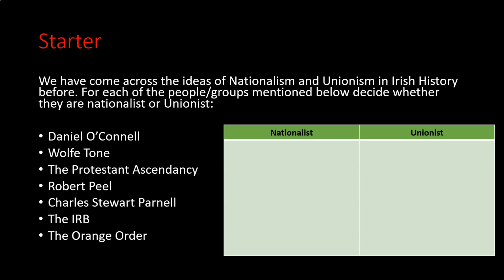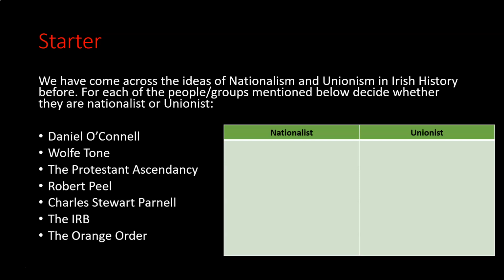Okay, if we go through them really quickly, Daniel O'Connell, we would say, is under the nationalist ideas. Now, O'Connell did go to Parliament in Britain and sat in Westminster, but we know that he was very much fighting for Irish rights, and he was trying to get the Act of Union repealed. We had the repeal movement before his death. He wasn't successful in achieving it, but it was definitely a big part of his movement. So Daniel O'Connell under nationalist.